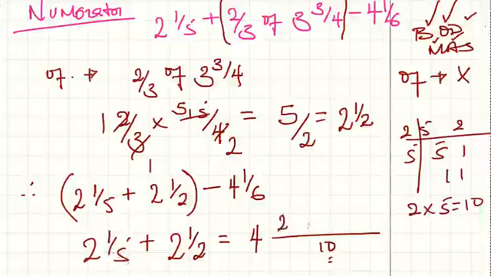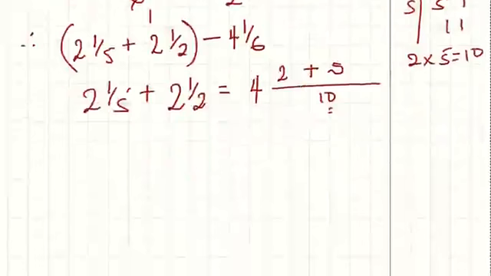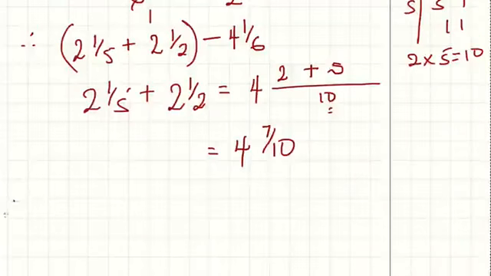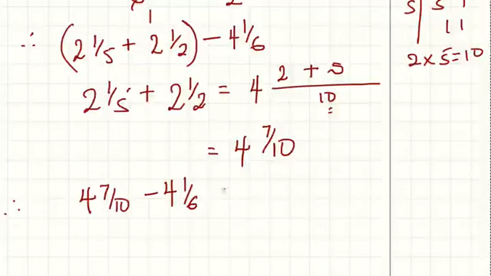Plus, since we have an addition sign, 10 divided by 2 is 5, 5 times 1 is 5. So adding this, we'll have 4 and 7 over 10. So our expression will be equal to 4 7/10 minus 4 1/6,